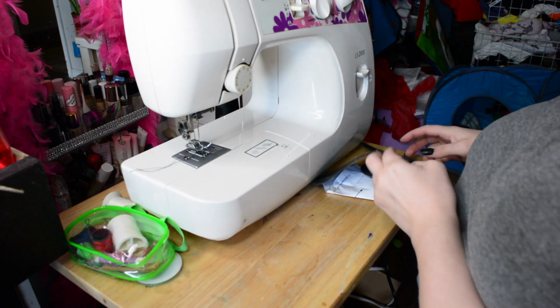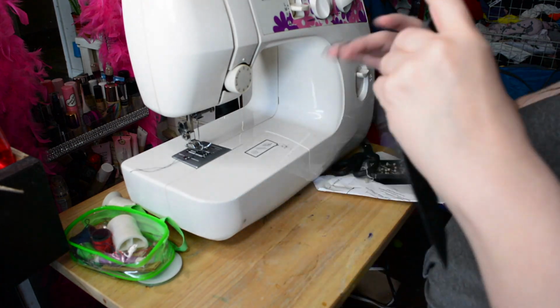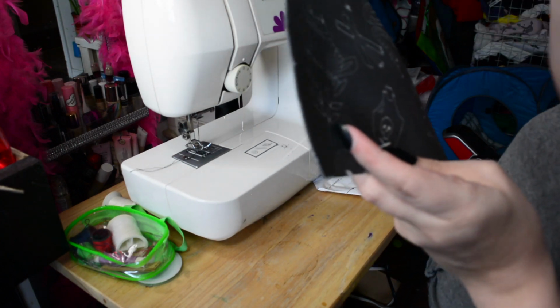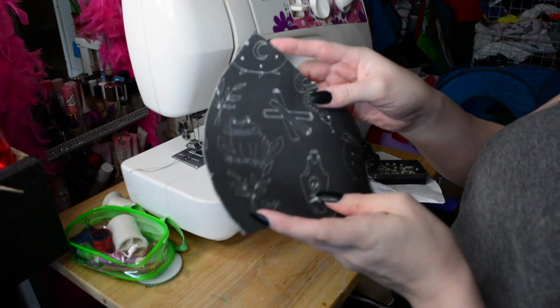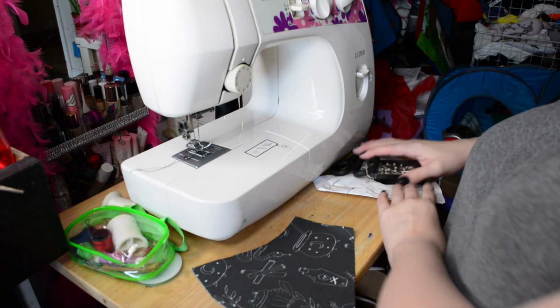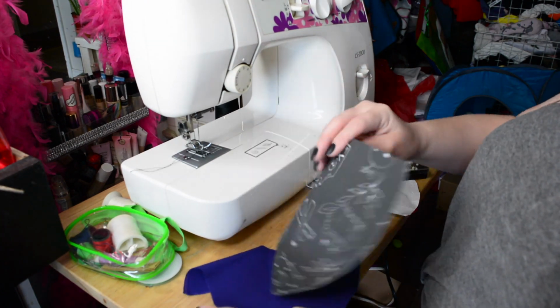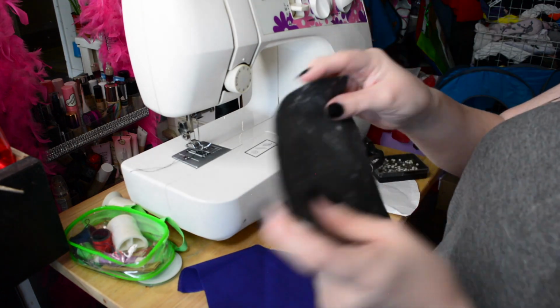So the mask we're going to be making today is this. I bought this witchy fabric off of Spoonflower on Etsy, and honestly it doesn't look as good in real life as it did in the picture. It looks kind of fuzzy, but we're going to make it anyway. And then we're going to use that purple that we just did for the inside to make it a little extra witchy. So the first thing that you're going to want to do is take your fabric,